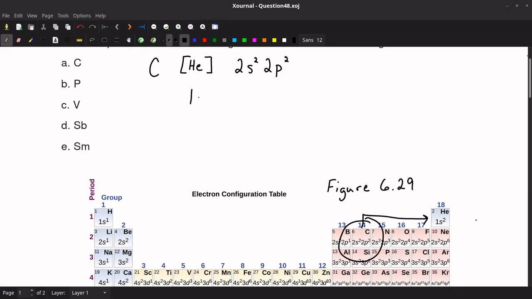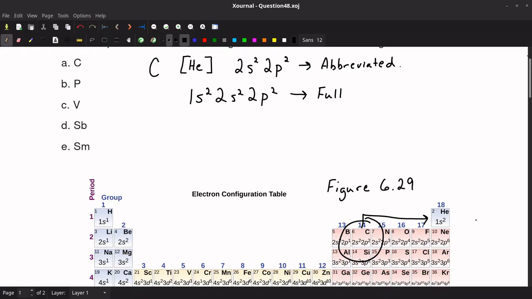So I can come here and say 1s2, 2s2, 2p2, and now I have the full and the abbreviated electron configuration